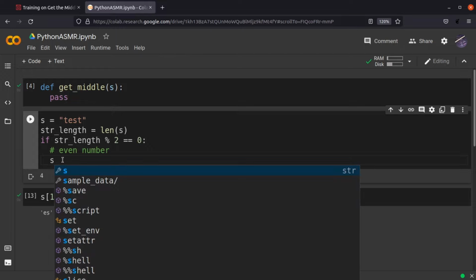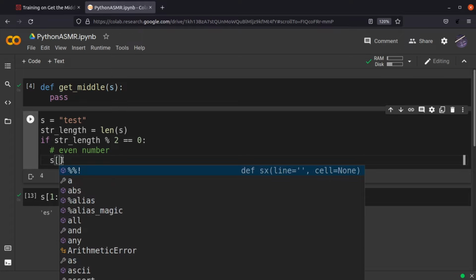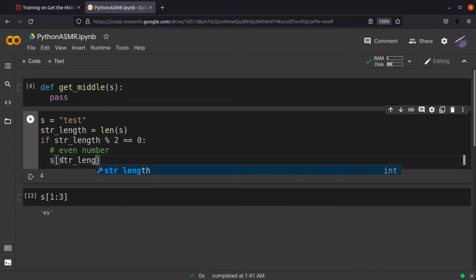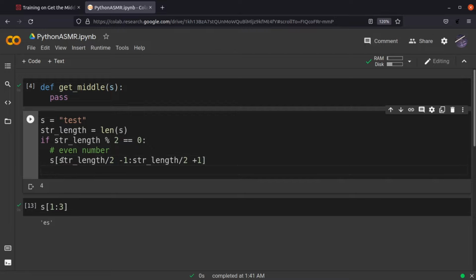returning s of string length divided by 2, which would be 2, and then minus 1, and string length divided by 2 plus 1. That would work for this case, but I don't know if it works for every case, but let's just try. And then else, so if the string length is not even, then